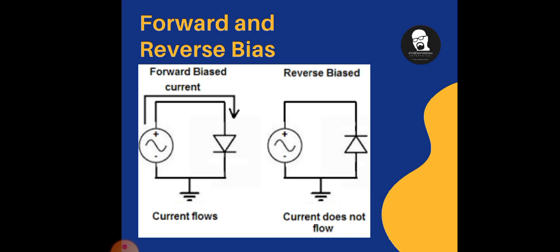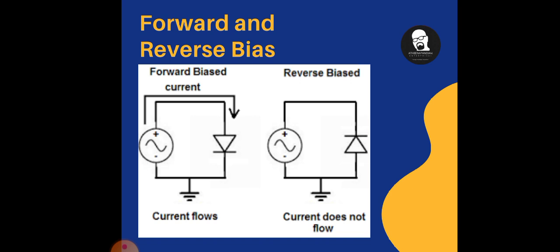So in reverse bias condition, we have made a reverse connection, that is, the positive terminal of the battery is given to the negative terminal of the diode, and the negative terminal of the battery is given to the positive terminal of the diode. So in this type of connection, the recombination is very poor. That's why the width of the depletion layer